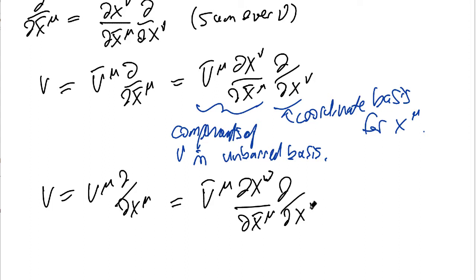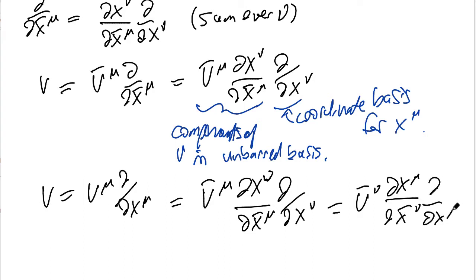Notice in this expression we have a repeated index nu that's being summed over, and also a repeated index mu that's being summed over. Now, when there's a repeated index and it's being summed, we can call it anything we like. We don't have to use the Greek letter nu here. We could use alpha, beta, gamma, anything we like. It's just a dummy index that's being summed over. So in particular, we could swap mu and nu. So in other words, instead of saying nu here and here, we could use the Greek letter mu. Instead of mu here, we could use the Greek letter nu. So this is the same thing as v bar nu, partial x mu with respect to x bar nu, d